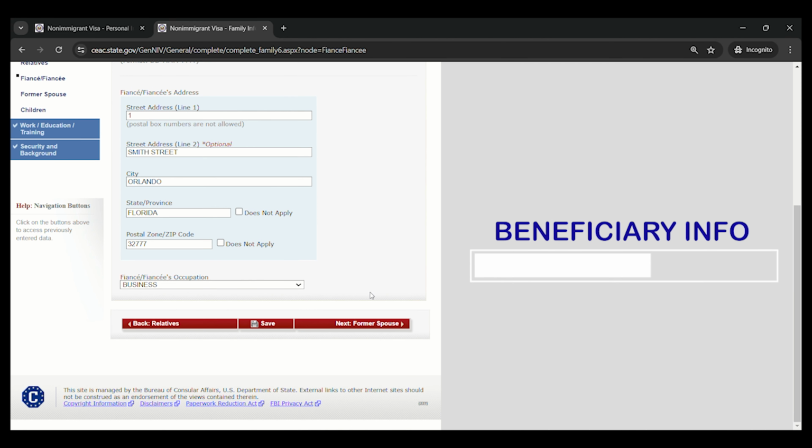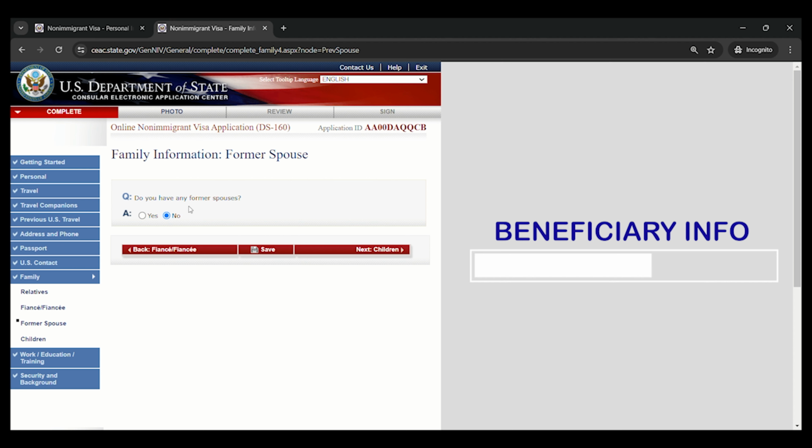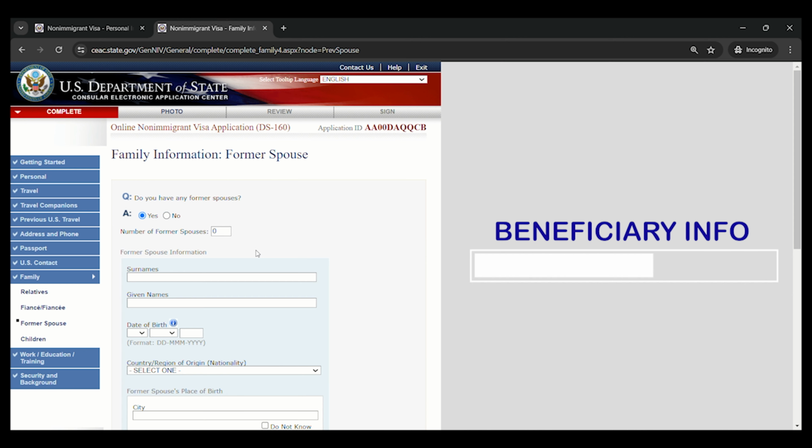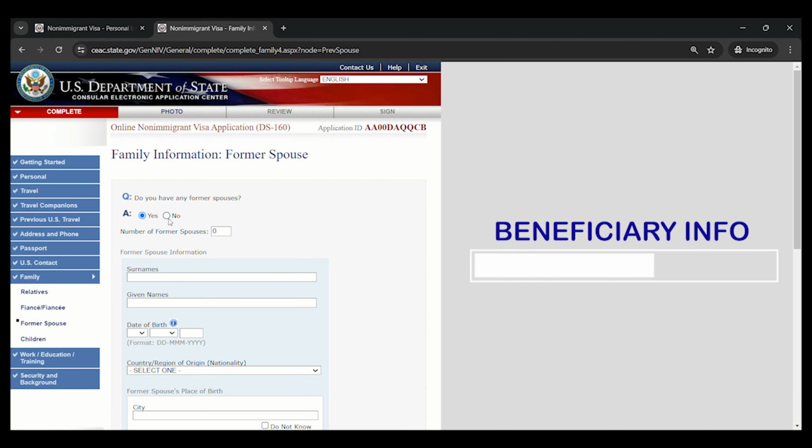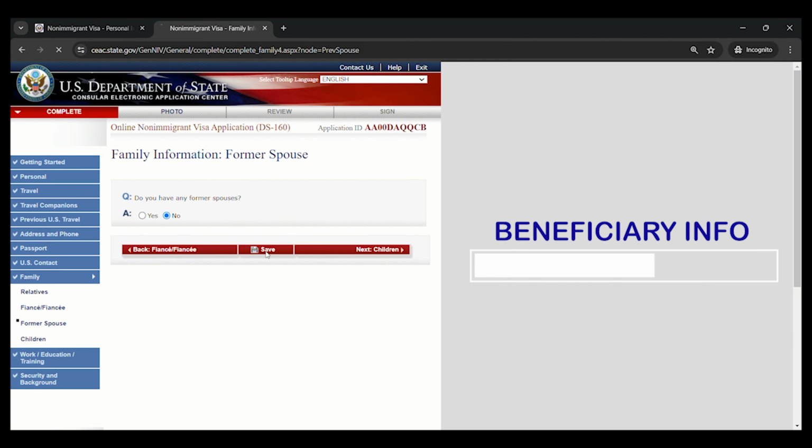continue, and then click next, former spouse. Do you have any former spouse? If you were married before, click yes and provide your former spouse information. If no, or never been married, I selected no, and click save.